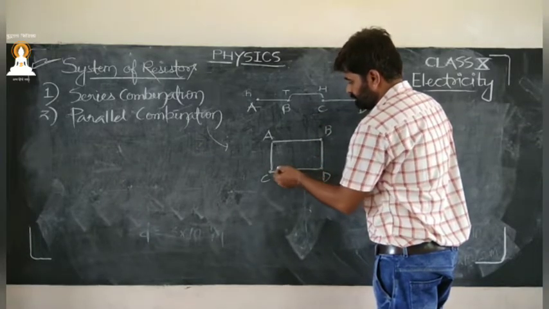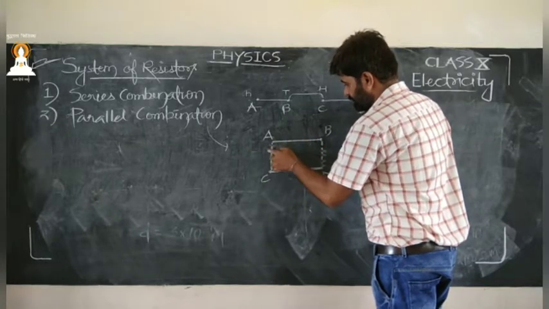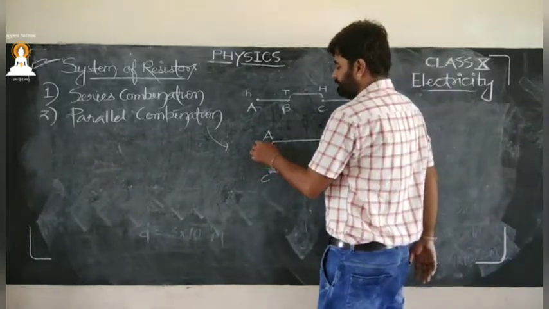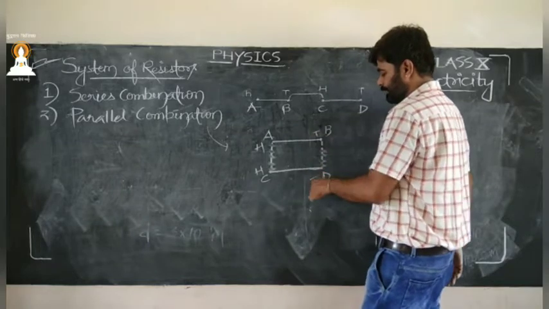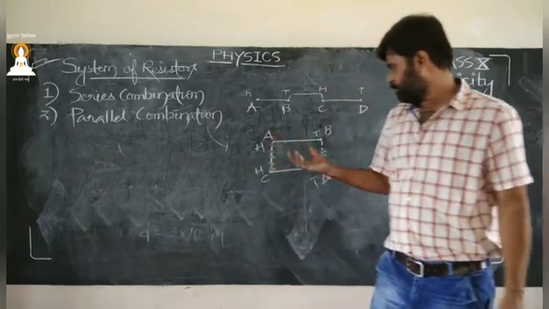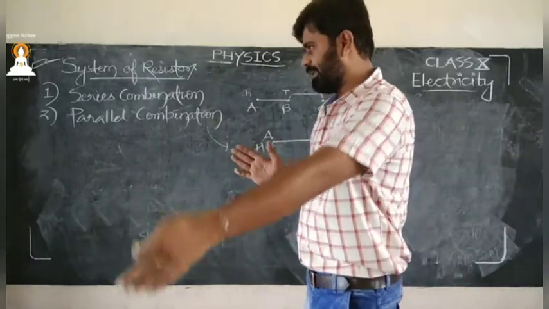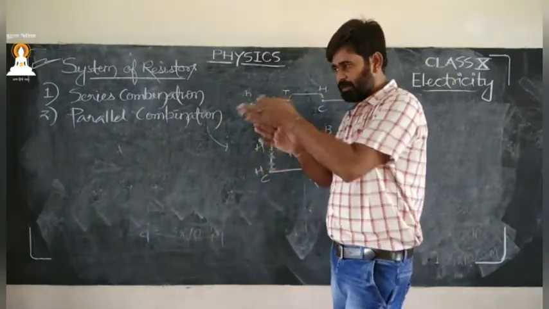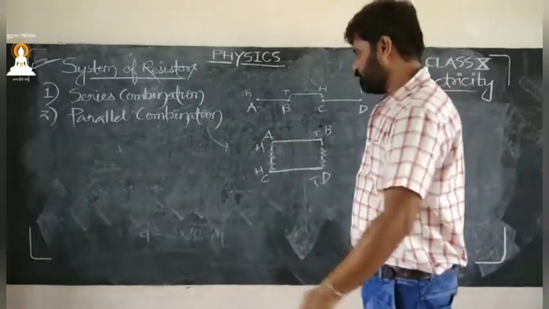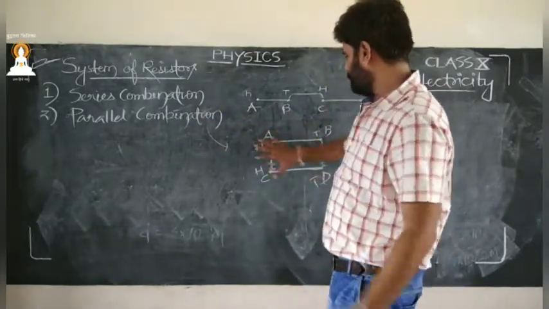Now, this time we may say that these both are connected in parallel. In parallel means what? All heads one side, all tails another side. If we talk about an example of this, in assembly, so many classes used to be arranged in parallel. Yes or no? Class 10, class 9 in parallel. They will not be connected in series, because we have to distinguish them. 10th class only 10, 9th class only 9. So this is the parallel combination.